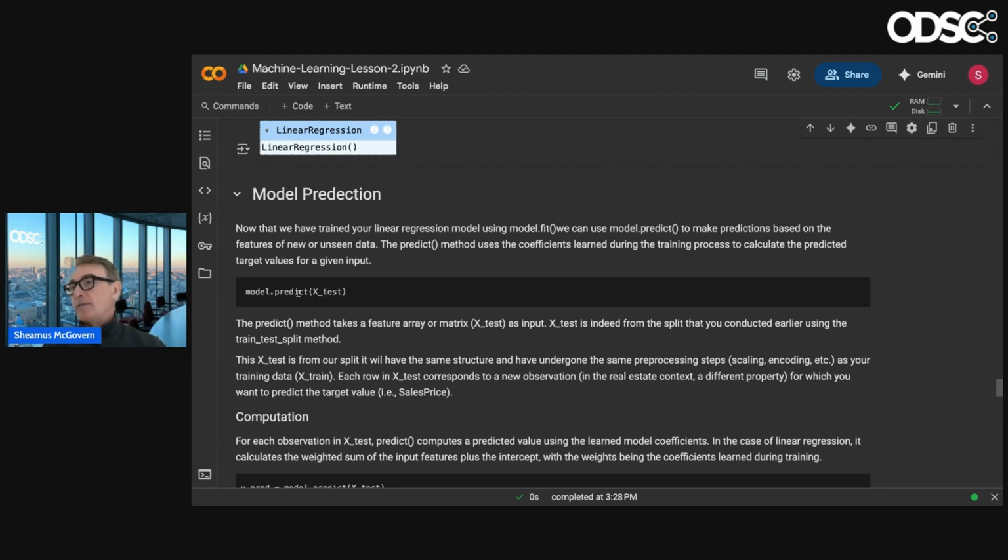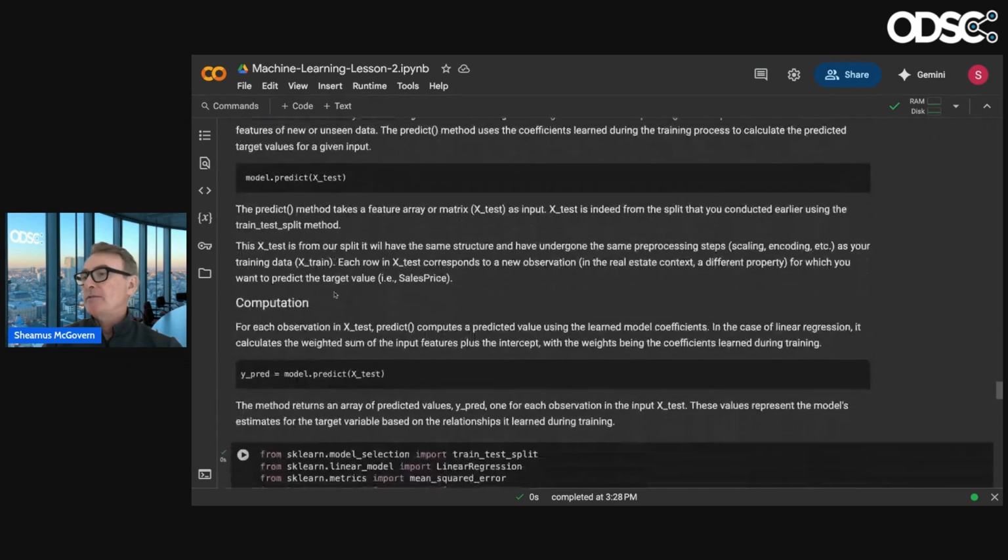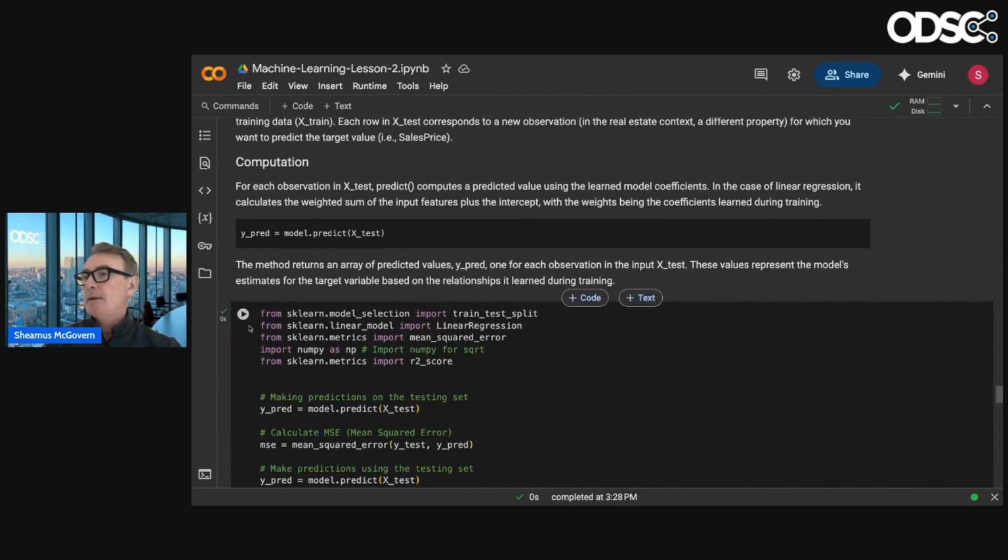If our model predicts a value of 480,000 and the actual price was 500,000, then we're off by 20,000. That's the error between the actual test value and the predicted value. So let's try that.